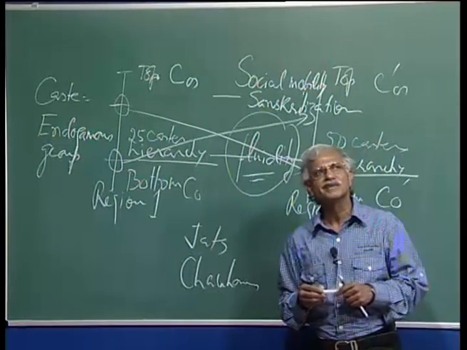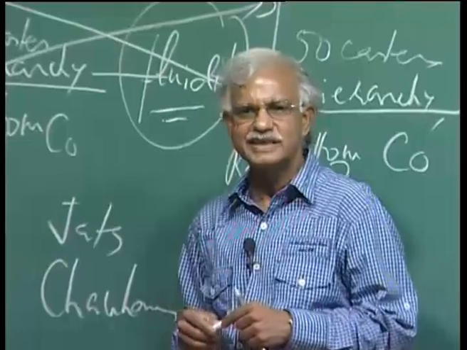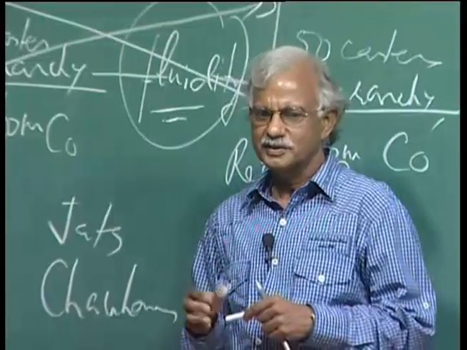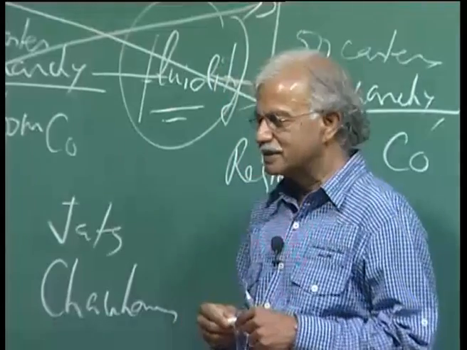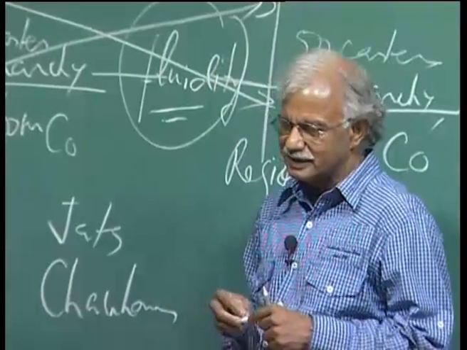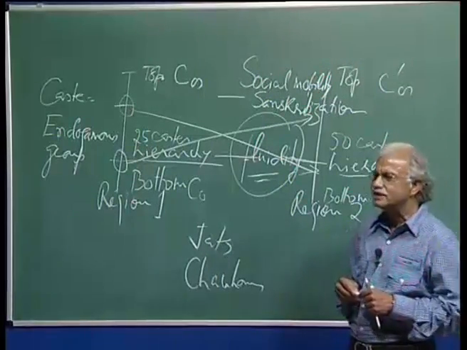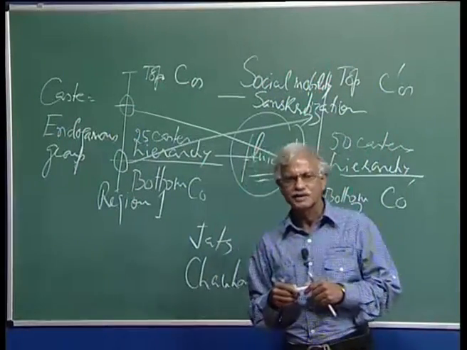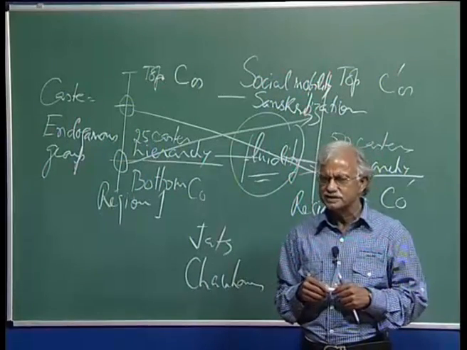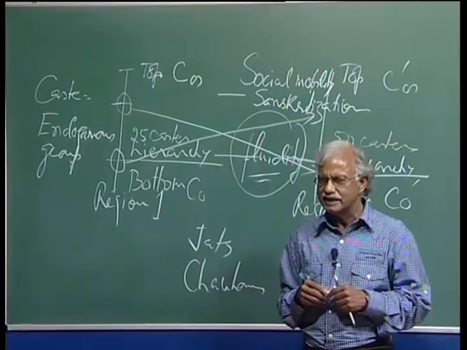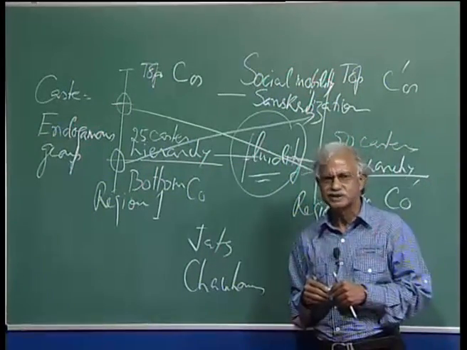I remember when I read M. N. Srinivas's Social Change in India the first time, I was shocked to see a statement that, as a matter of fact, in India the real Kshatriyas vanished about 2000 years ago. The Nandas, according to some historians, were the last dynasties of Kshatriyas. After that, anybody who captured power became a Kshatriya.